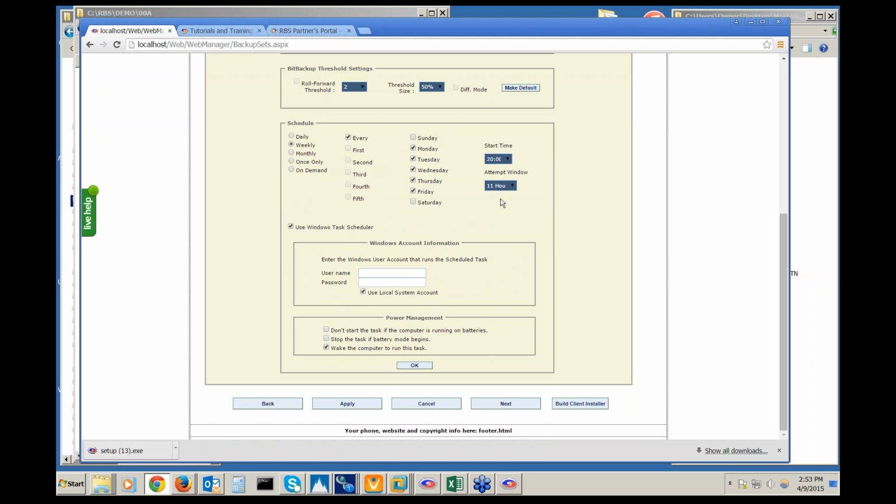And at the end of 11 hours, this is currently set to continue to back up, but you can also set it to stop at the end of 11 hours, and this ensures that it doesn't continue to run during work hours. So typically, you'll set this for 8 or 7 o'clock, sometime after close of business, and then set this for a number of hours that